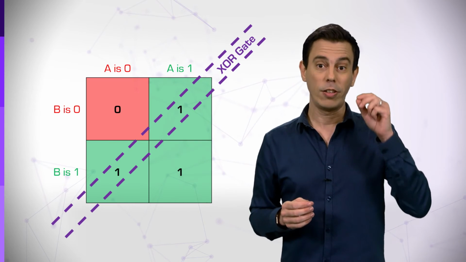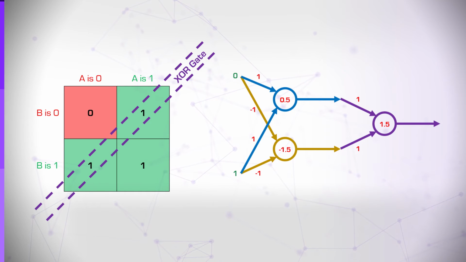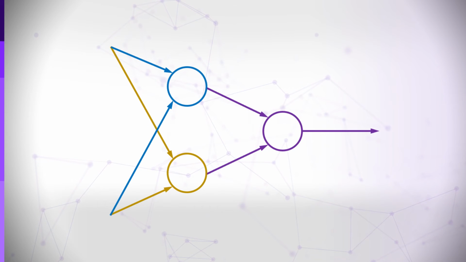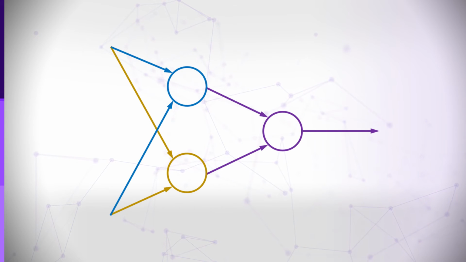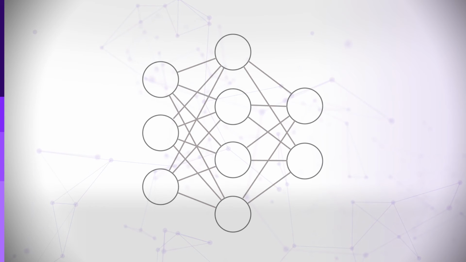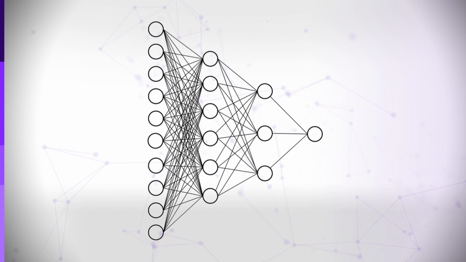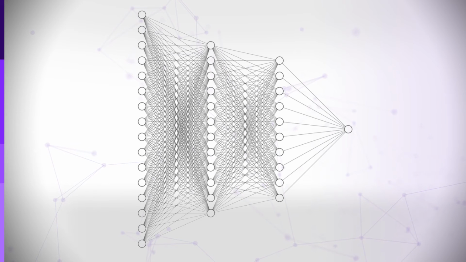Now, what needs to be done if we want to compute the logic gate XOR? We need 2 separation lines. And the structure of the neural network with 2 layers that we've just seen achieves that exactly. So again, just by adding a layer of neurons, we received a more advanced computation capability. Similarly, we can add more and more layers between the input layer and the output layer. These are called hidden layers. Each layer can contain many neurons.